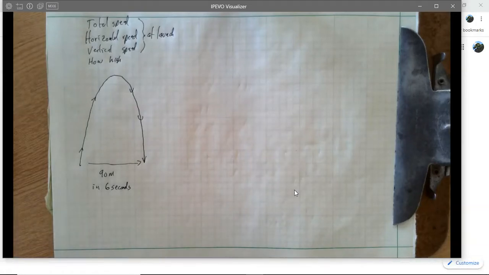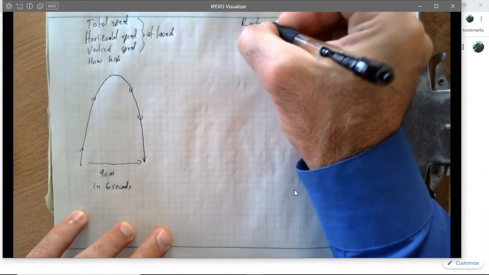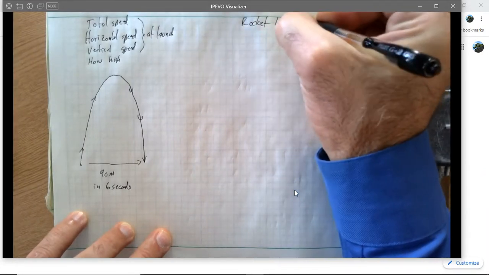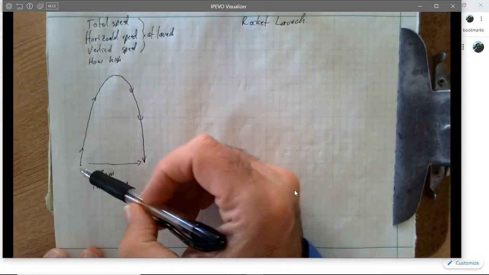Hey guys, I'm going to walk you through the problem here today for the Rocket Launch Lab. In the Rocket Launch Lab, you're going to launch a projectile that is going to leave the ground,